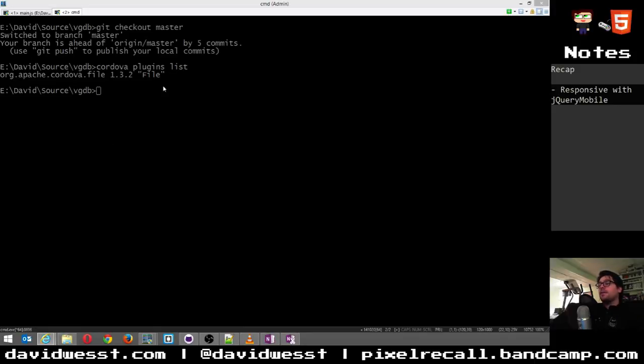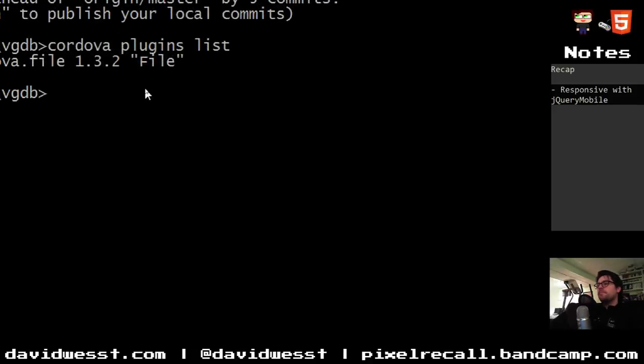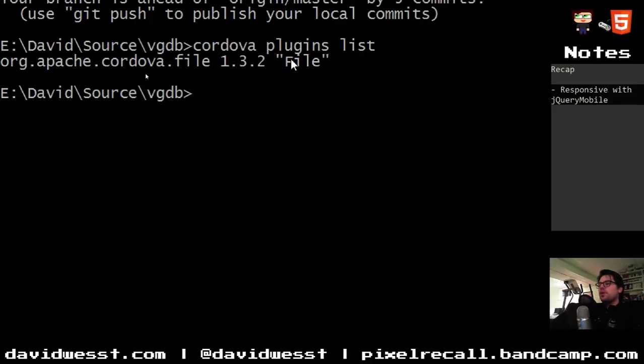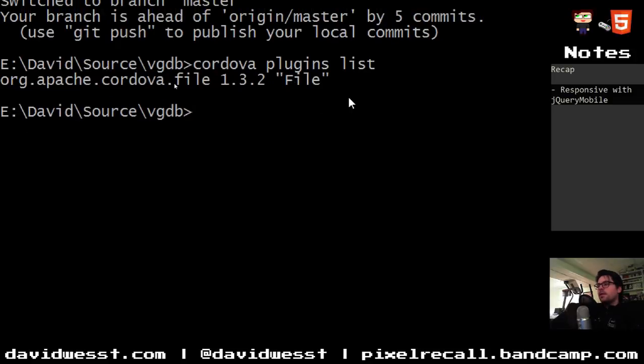There you go. So I actually have the file API installed. Here's an interesting thing about the Cordova plugins. Although there's a great list of them and you can get them out here, I'll zoom in a little bit. You can get a whole list of them if you go to cordova.apache.org and look up the API references, a whole whack of them. We can actually look at it later.